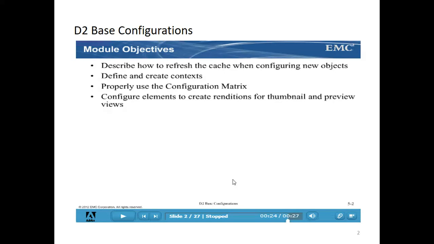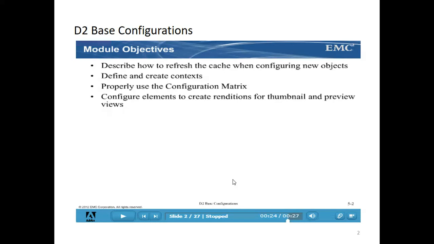If you do any configurations, those will be stored in the cache at application level. Those D2 configs, in order to reflect in the D2 client, you need to refresh the cache. So I will show you how to refresh the cache and how to create a context. What is the context? In D2 everything is context. If you want to define a scope to a particular work, you need to create a context. Context is nothing but you are defining some work to a set of users or set of types, set of groups using DQL.